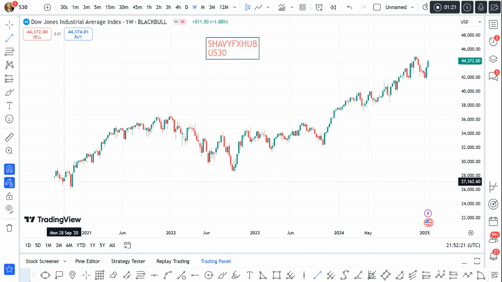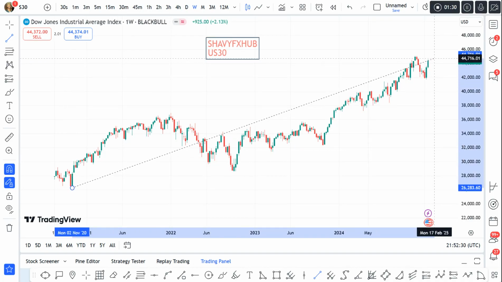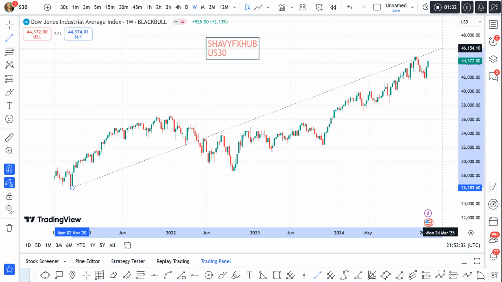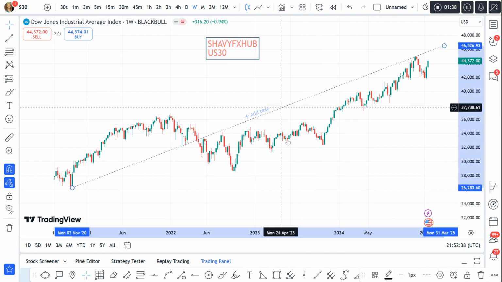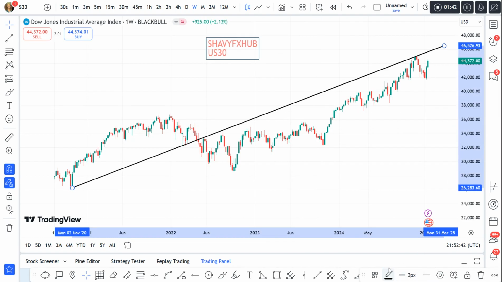What structure are we looking for? We are looking for either a break of a demand floor or a break of a supply roof. And we look on the weekly if we have a long-term retest to a broken structure. Then we key in our price action based on that performance. So, ladies and gentlemen, we'll quickly draw one line to represent our motion and